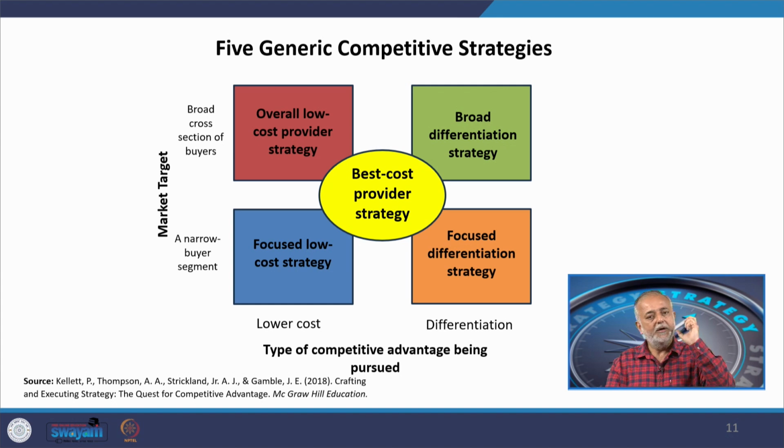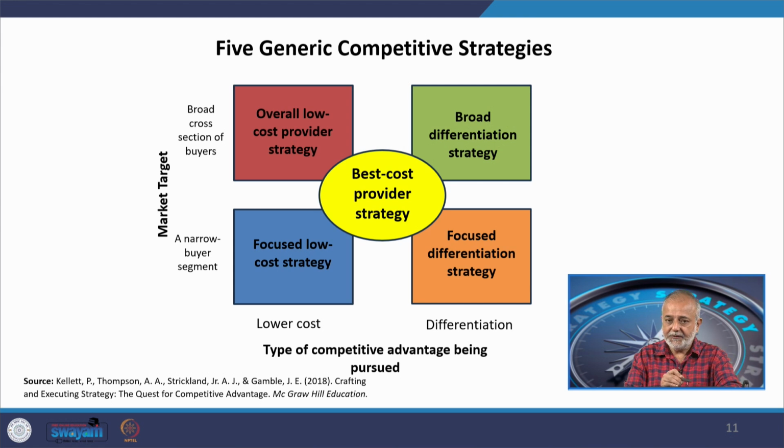Just an example, who are our market? Basically, a broad cross section of buyers: mobile phones, or a vehicle which can be used by anyone, not just because they would be able to pay that much, but also because that might be their second car, or they want a specific kind of car and so on. Two wheelers, Honda Activa and so on. So, there are several kinds of examples as far as broad cross section buyers go.